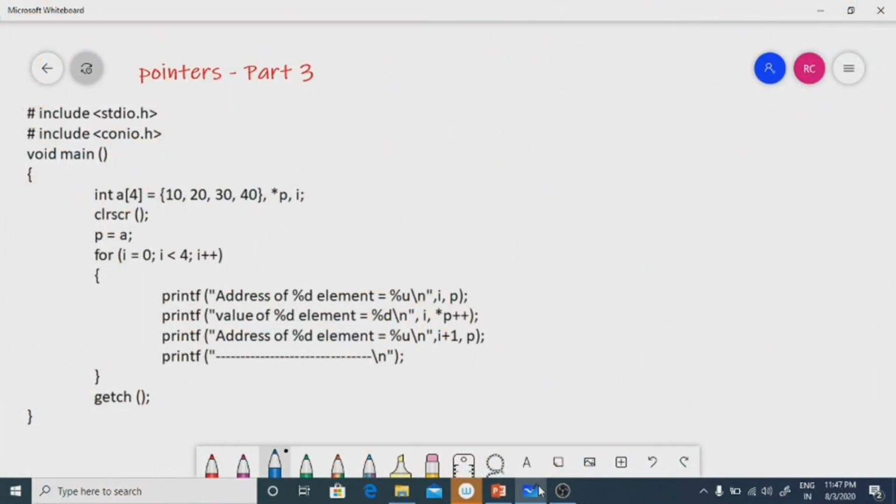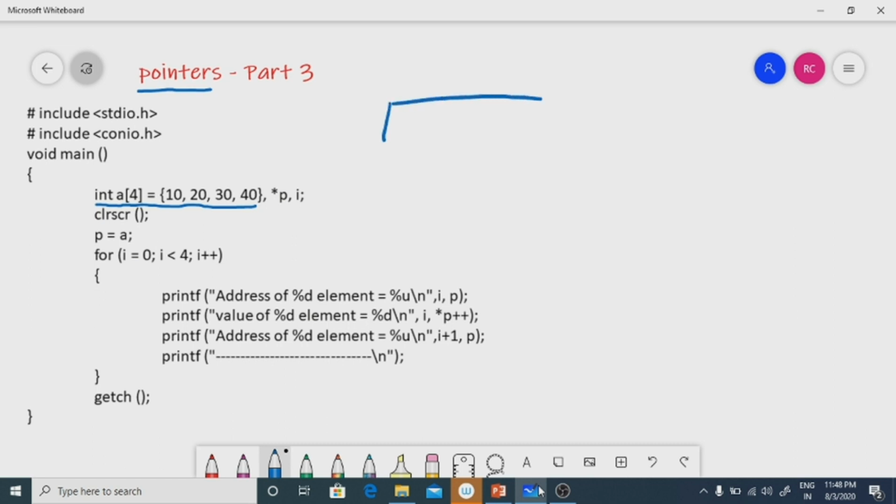In this particular video, I discuss pointers along with arrays. It's a very important concept, and in most of the interviews, you can expect questions like this. So, this is array initialization. If we assign some elements to an array at the time of declaration, then it is called array initialization. We can expect the array like this.